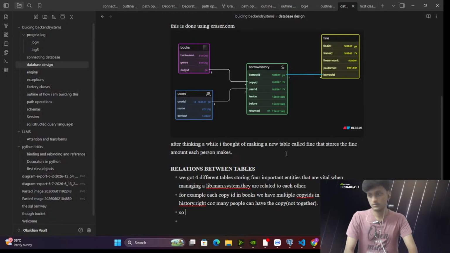So the relation can be written only related